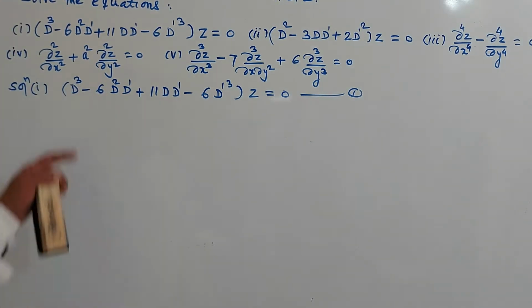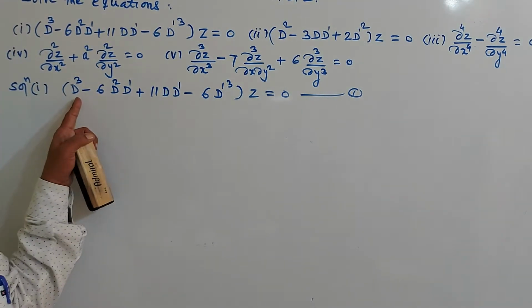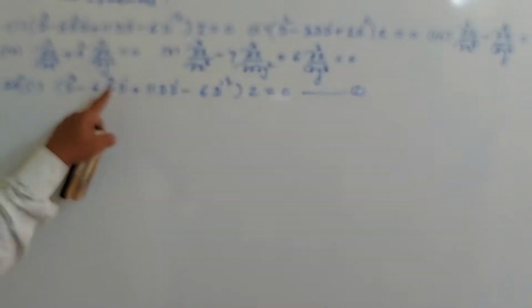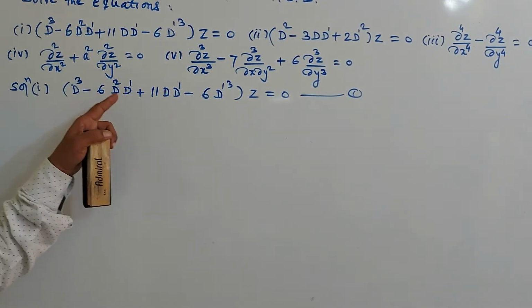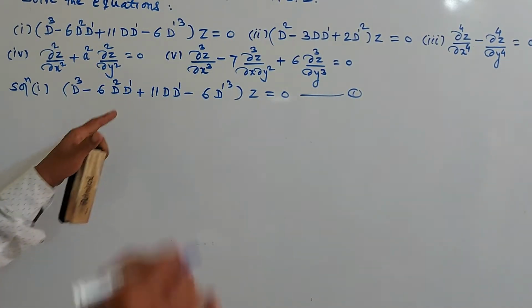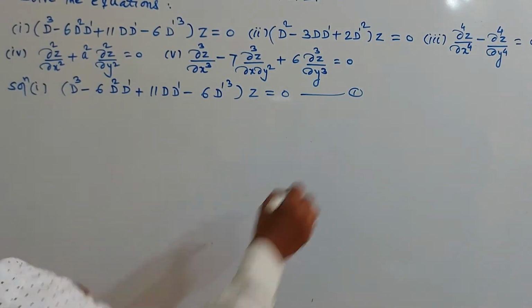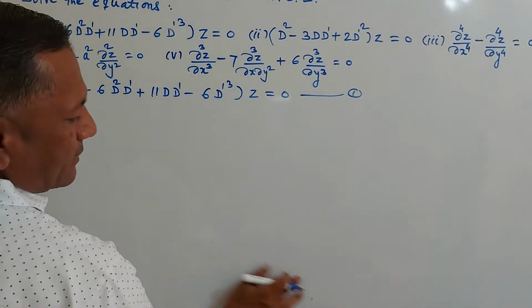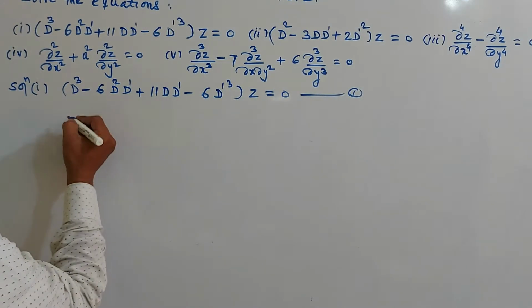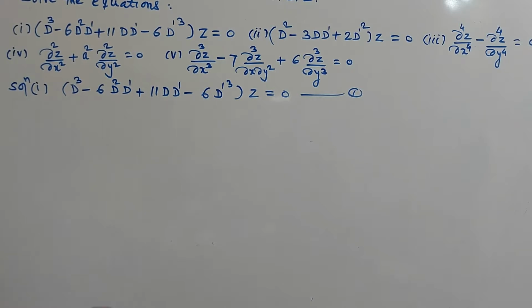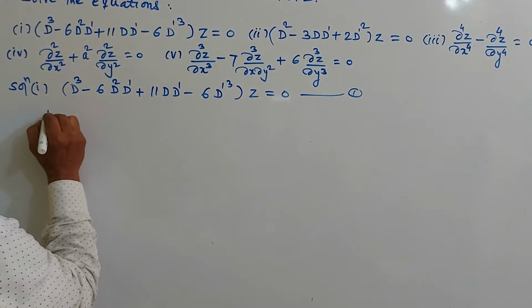Now you know that D means dou z by dou x and D' means dou z by dou y. First you write the auxiliary equation of this equation. Already you are given the symbolic form. The auxiliary equation of 1 is